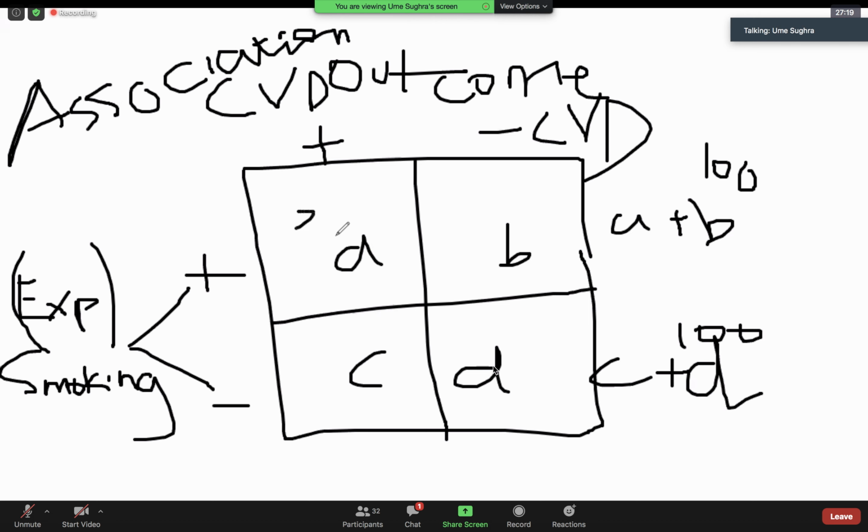Say, for example, 30 develop cardiovascular disease. So we are filling these cells with the appropriate frequency numbers. We call it contingency numbers or frequency table numbers. Similarly, for this non-exposed row, if we had 100 non-smokers, say 10 of the non-smokers also develop cardiovascular diseases and 90 do not. These are just supposed figures that I am